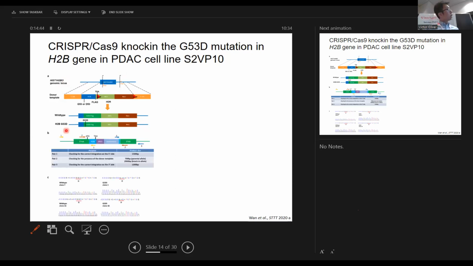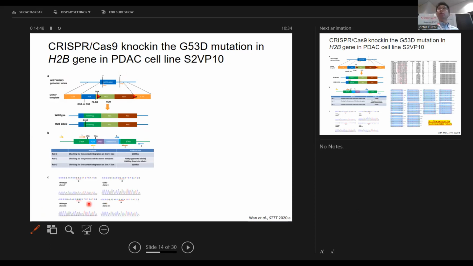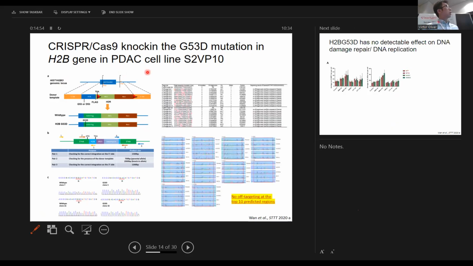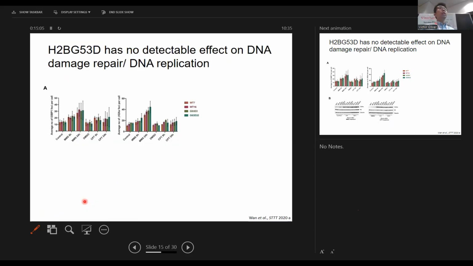And then we pick single colony, and then we perform a Sanger sequencing to confirm that the mutation has been knocked into the cell line. And then we have also tested many of these potential off-target sites, and we didn't find any of the mutation in these 4 cell lines that we have validated. So using these 4 CRISPR-Cas9 knock-in cell lines, 2 wild type and 2 mutant cell lines, we test whether